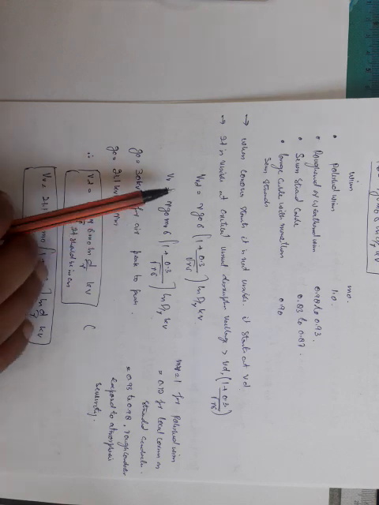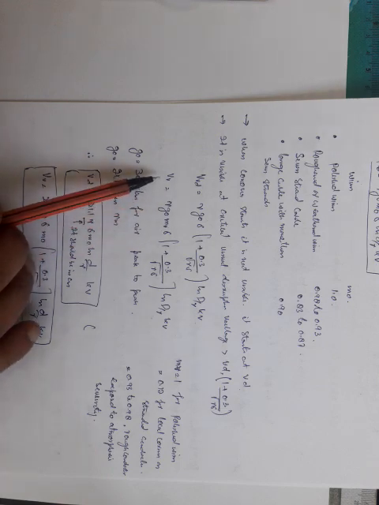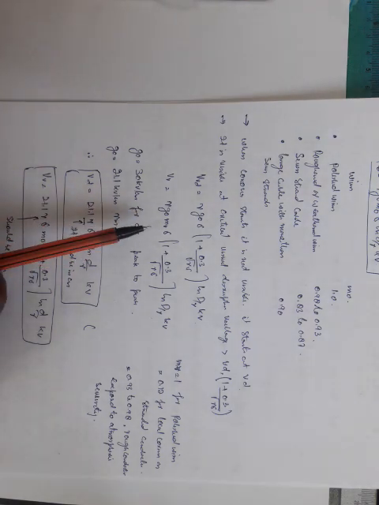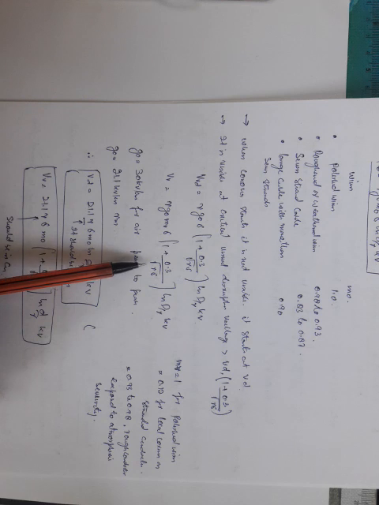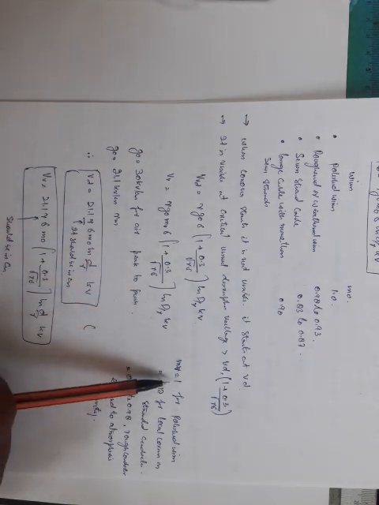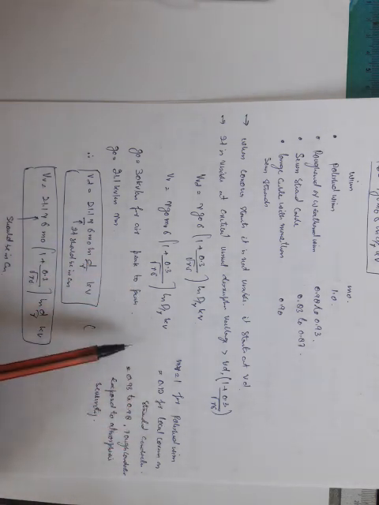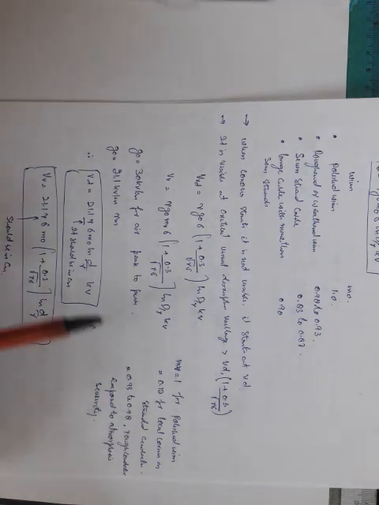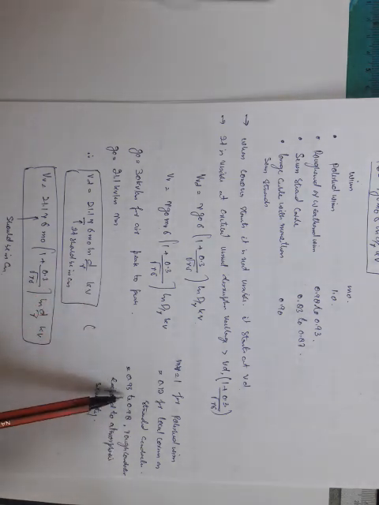One more thing, here the critical visual disruptive voltage is given by R G0, and G0 is again equal to 21.1, the RMS value. Here it is Mv delta times 1 plus 0.3 into, this is the factor which is used to convert into visual disruptive voltage, ln of D by R. In this case, again Mv is equal to 1 for polished wire. It is equal to 0.72 for local corona on stranded conductors. Local corona is between two conductors which are close to each other, and 0.93 to 0.94 is for rough conductors exposed to atmosphere severity.